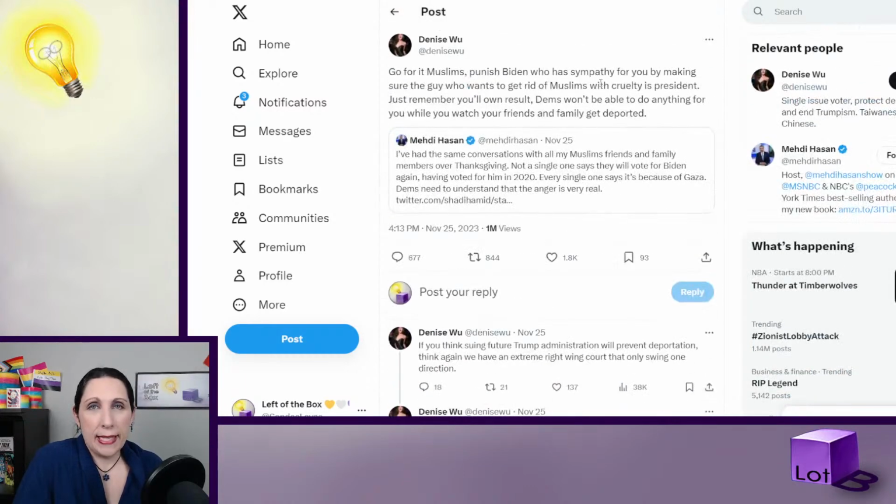But they're just going to blame the voter, a lot of these people. They're just going to blame the brown people for not coming out for Biden. That's what they're going to do. Make it seem like it's their fault, but, you know, there are lines. If the president is supporting somebody who's killing your friends and family,